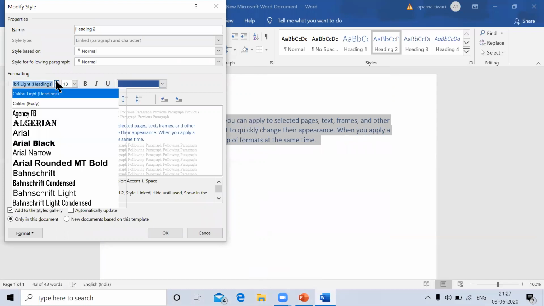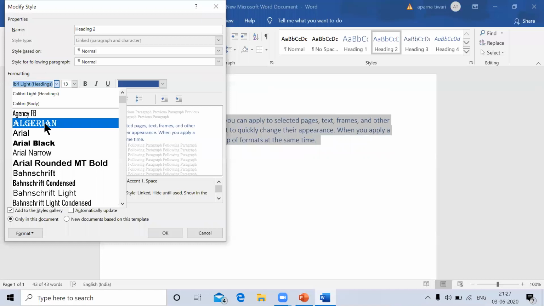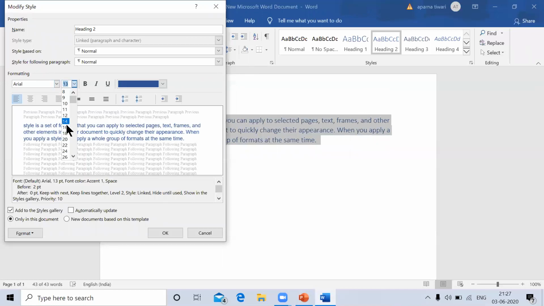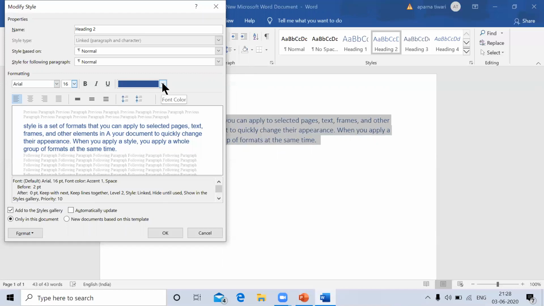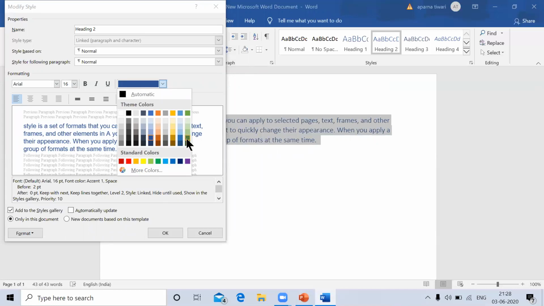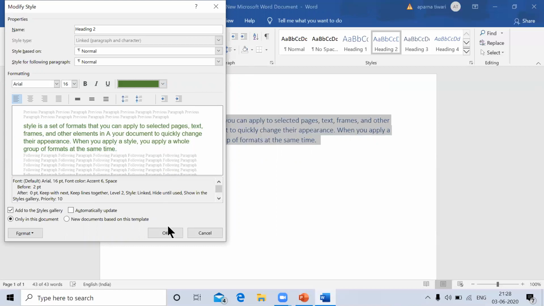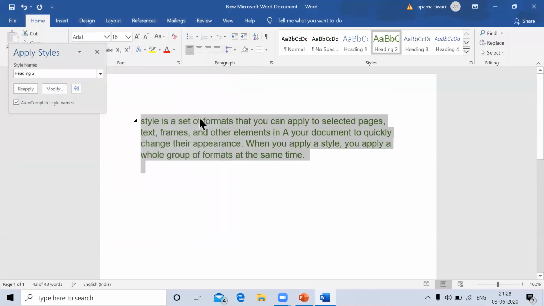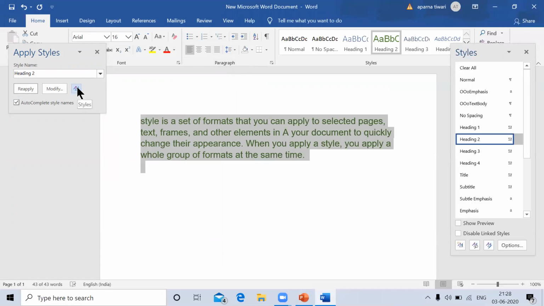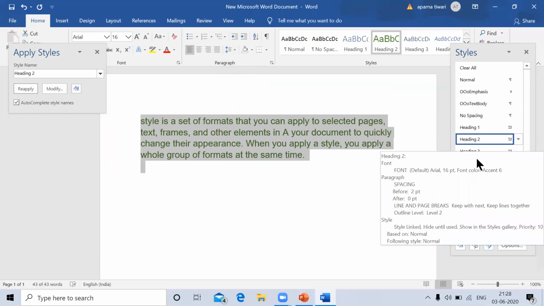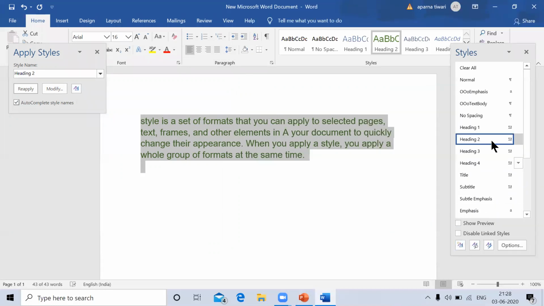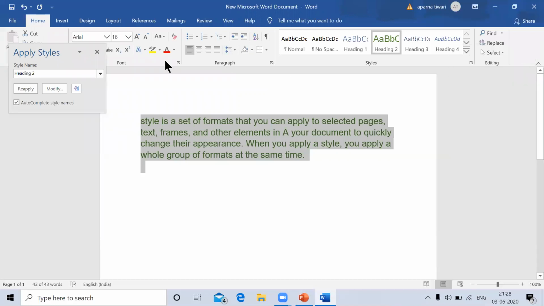If you want to change it, you can select, like I'm selecting Arial, size 16, any color, and OK. So it will get changed. It will be modified. Again, if you want to see the names of different styles, you can click here, and here all the names are available. So from here also you can access.